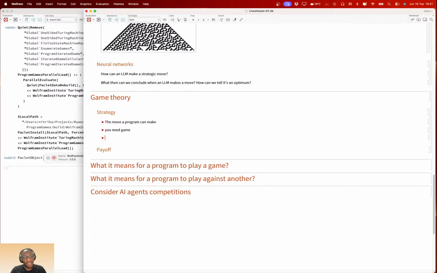So that's like a game. Define a game, define what a move is for a program. And then once you have defined what a game is and a move is, which we'll talk about, you discuss what it means for a strategy to be optimum.